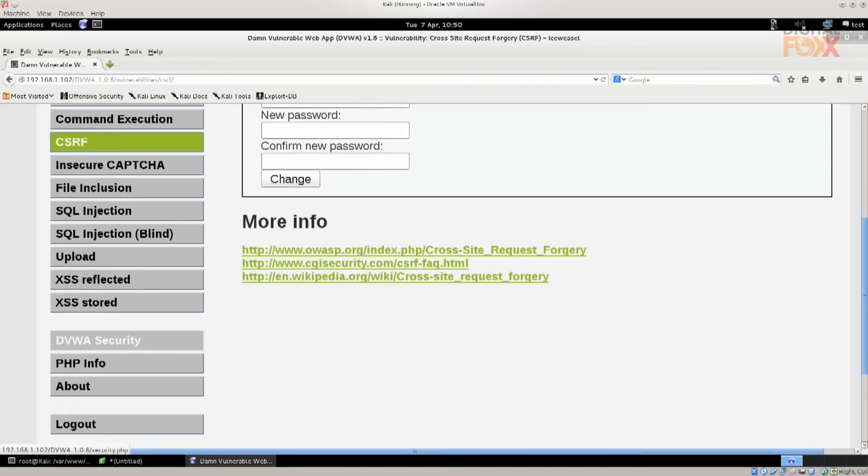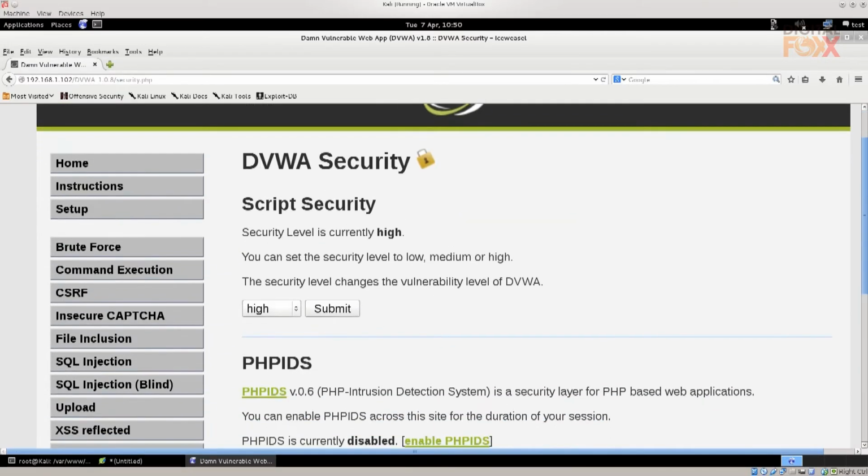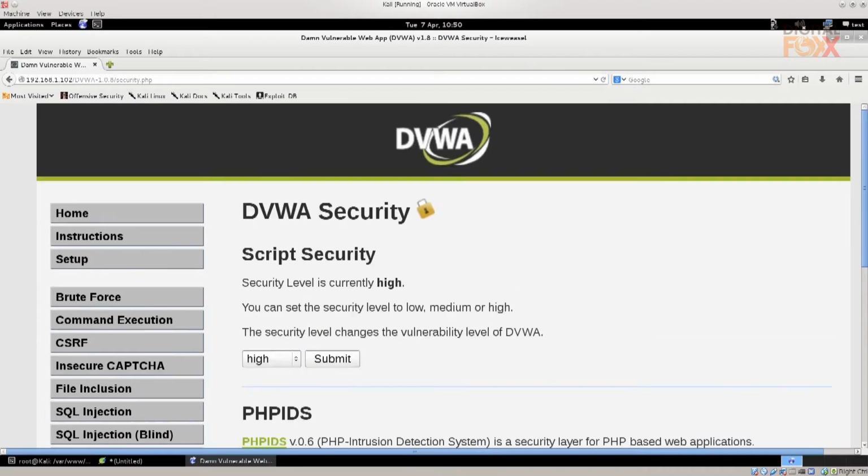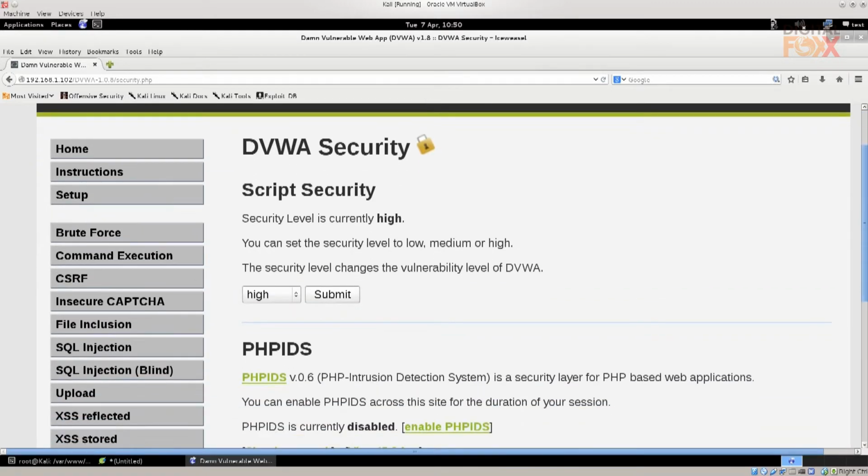And down below you have DVWA security. So go ahead and click on that. You are able to set your security level of this web application in general. So it can be low, medium, or high. I would recommend that you go with high, primarily because that's going to reflect the real-time circumstances to the greatest degree. If you go with low, pretty much everything you do, it's going to fly, which is not the case in the real world. Anyway, now that it is set in high, click on Submit to remember changes,